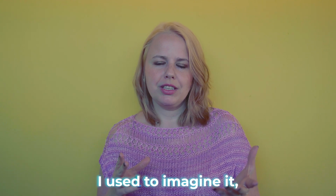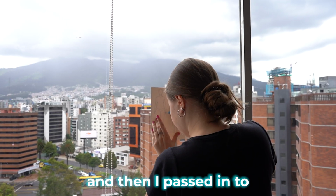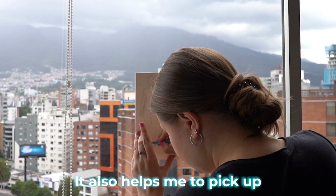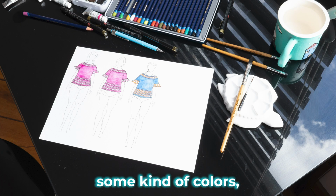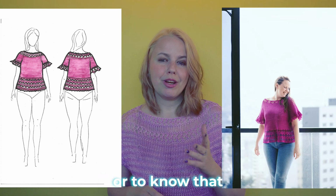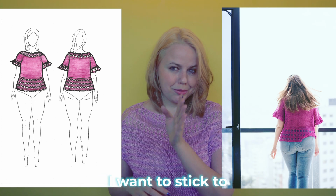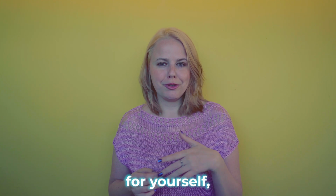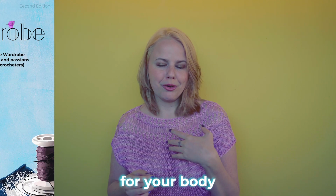I used to imagine it, I used to envision it in my head, and then I passed into making a sketch on my body silhouette. It also helps me to pick some colors, maybe to challenge myself for something new, or to know that I want to stick to what I like. If you are interested in how to make a sketch for your own body silhouette,